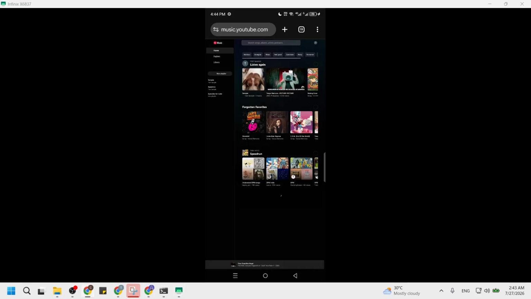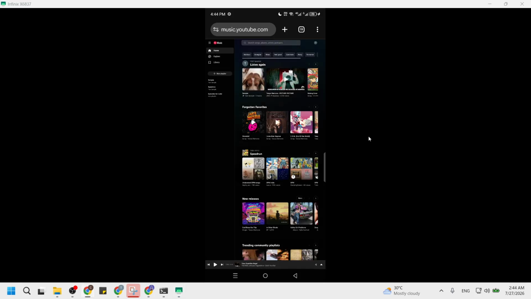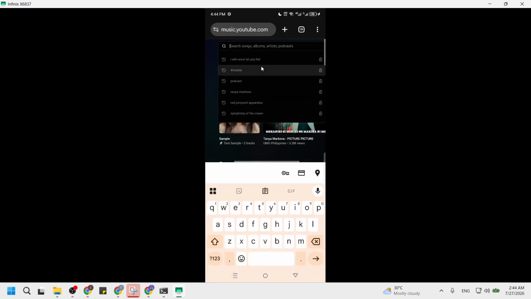Now search for and play your music. Use the search box at the top to type the name of a song, artist, or playlist, then choose one result and tap it to start playing. You should see the player controls appear at the bottom of the page with play and pause, a progress bar, and next and previous buttons. Wait until you hear the music playing clearly through your speakers or headphones.